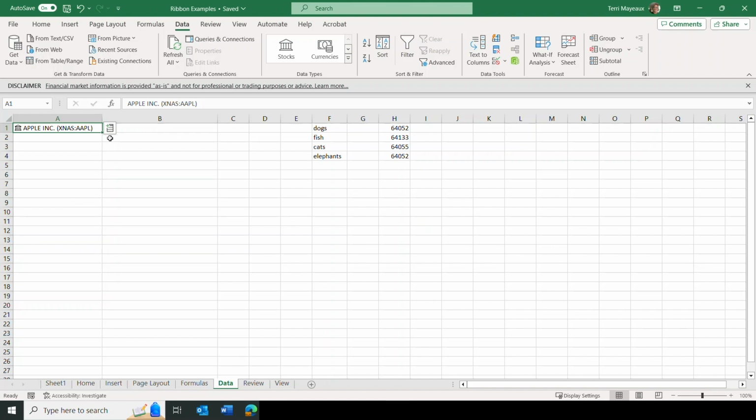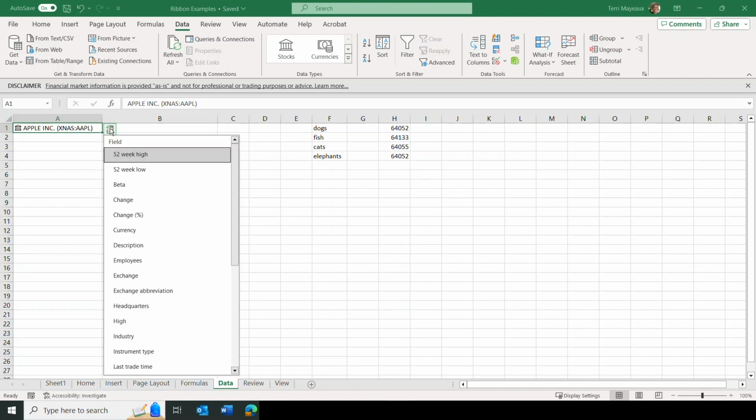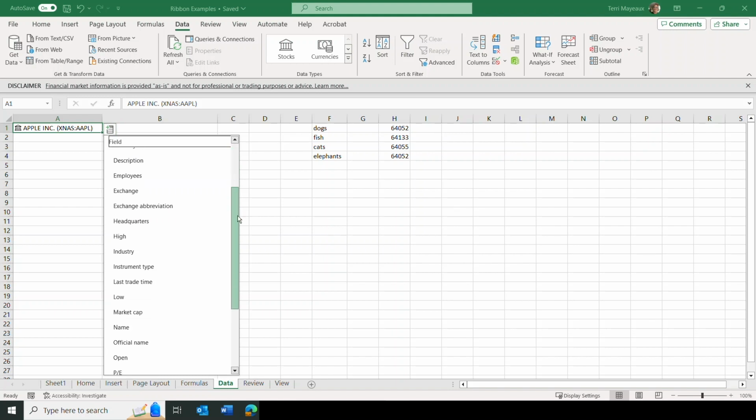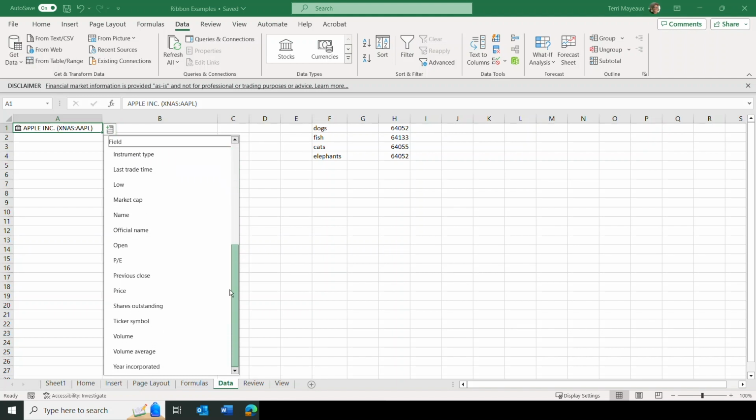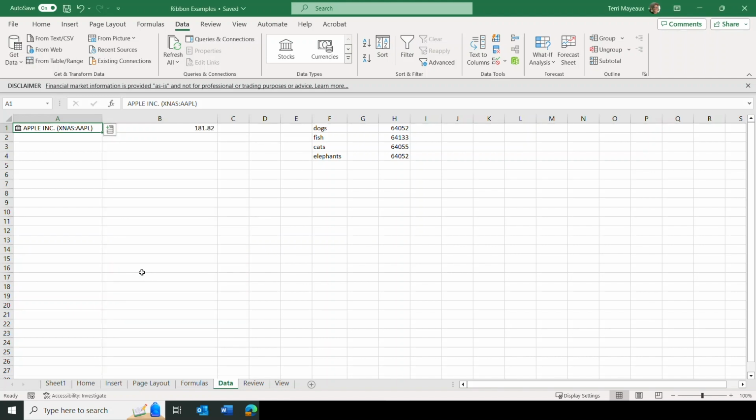And then I get this little button with a plus sign, and when I click on it, I can say what kind of information I want to see and have included in my spreadsheet, which is just pretty darn interesting, isn't it? Let's see, previous close, and here it is. Now I can also type in